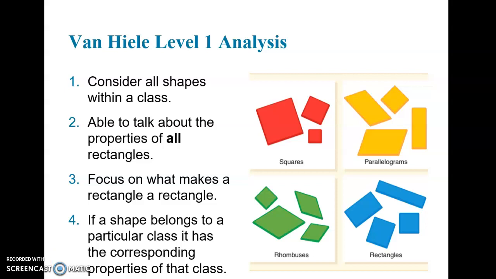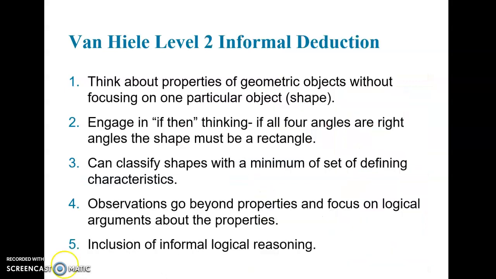In the figure on the right, 19.3 would be a good activity for this, where you give a sheet similar to this figure to students and have the students list all the properties and classes of the square, parallelogram, rhombus, and rectangle. In level 2, students move from considering the properties of shapes to exploring the relationships between properties in geometric